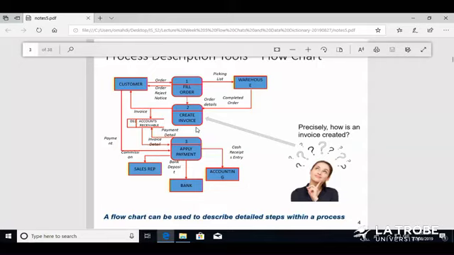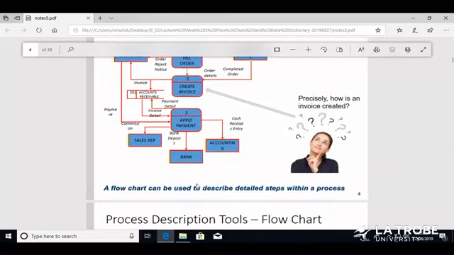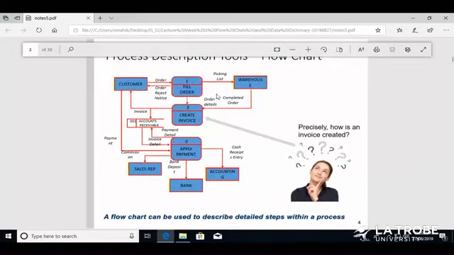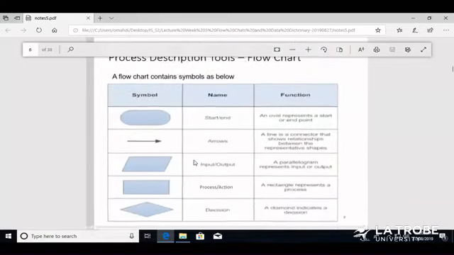Okay, so how can we show these steps actually? The answer is using a flow chart. A flow chart can be used to describe detailed steps within that process. The same thing goes for fill order, and the same thing goes for apply payment. Are there any steps to implement the main function of that process? The answer is yes. Using the flow chart, we can show the steps. All right, so